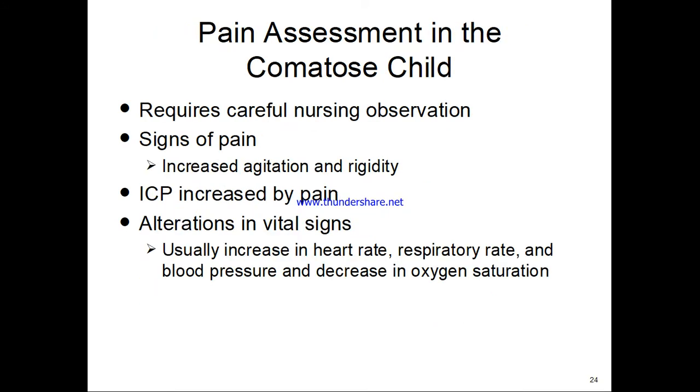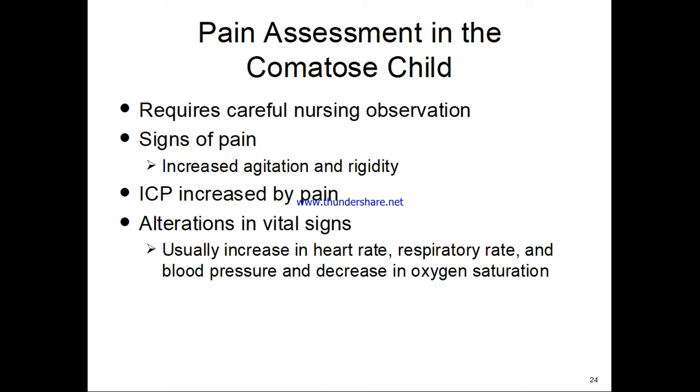Pain assessment in the comatose child requires careful nursing observation. Signs of pain are going to be increased agitation and rigidity, increased heart rate, respiratory rate, blood pressure, decreased oxygen saturation. So anytime there's an alteration in vital signs, we're going to think, could this be pain doing this? And we're going to need to be vigilant then in our monitoring, because as you may remember from our pain lesson,